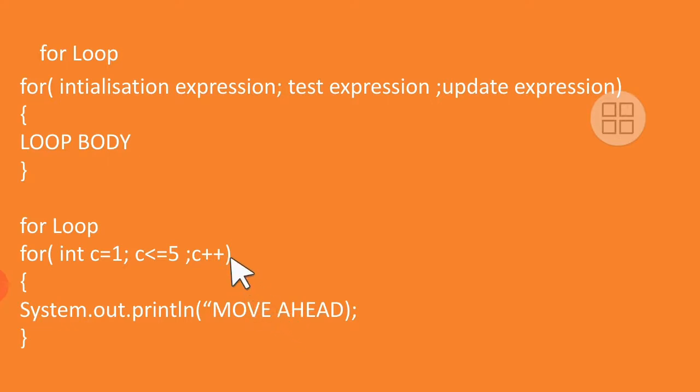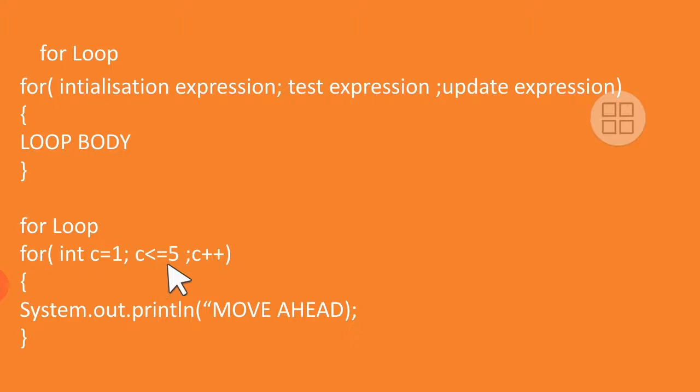But remember students, let me explain the process to you. How does it work? First we initialize c with 1, that is the starting or initialization. Then we check it must be less than or equal to 5. So right now it is 1, so it is not crossing 5. So the condition is true. So control comes to the loop body. It prints move ahead. After that we move one step ahead. c becomes 2. And now we don't go back here. Initialization takes place just once for a starting point. Like you have to go somewhere, so you start just once. You don't go back to the starting point again and again. That way you will never reach there.